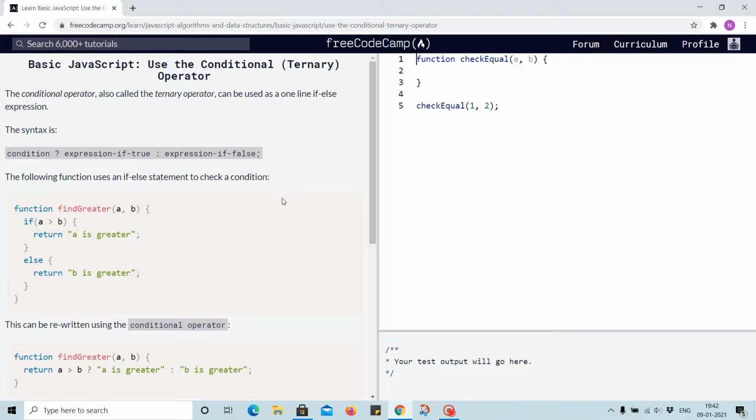Next topic in basic JavaScript. Use the conditional or ternary operator. The conditional operator, also called the ternary operator, can be used as a one-line if-else expression. The syntax is: condition ? expression if true : expression if false;